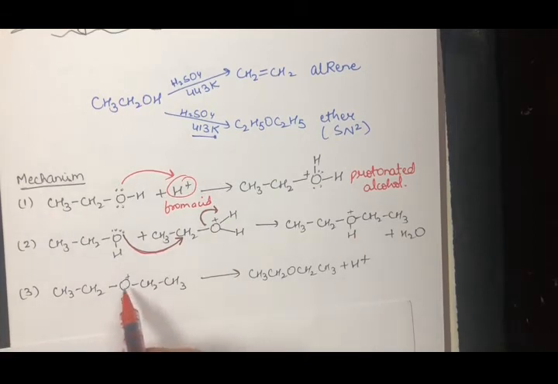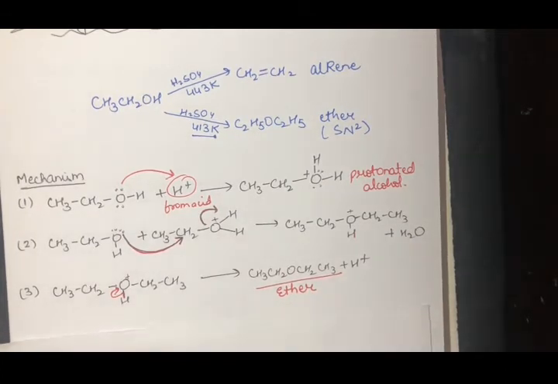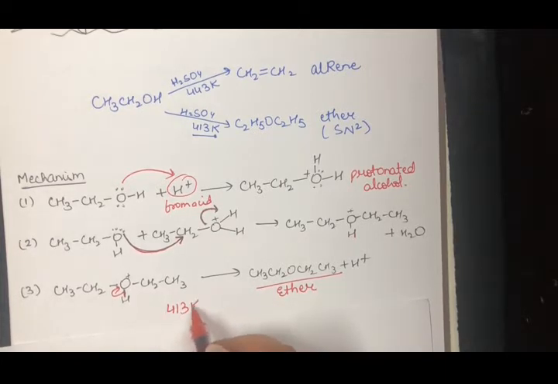Now, in the third step, this was the product that I had received. This oxygen is again electronegative and it is having a positive charge, so this bond pair will leave. It will give its electron back to the oxygen so that it can have its lone pair back, and here it would be my ether, right? Now this reaction is occurring at a lower temperature of 413 Kelvin.